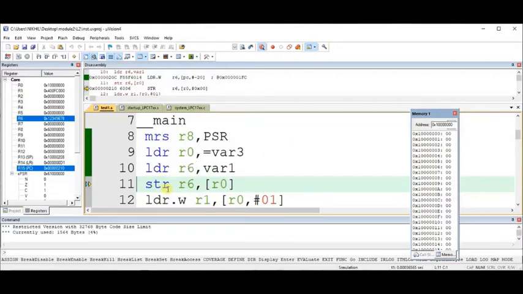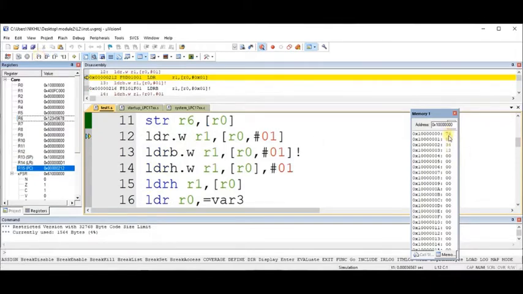Store. So for store, what we have the instruction, this is the source and this is the destination. Now where is the destination? Destination address is pointed by R0 and R0 address is this. So here the content of R6 will be copied to R0. So depending on whether it is big endian or little endian, the values will be stored. So if the lower byte stores first, then it is a little endian.